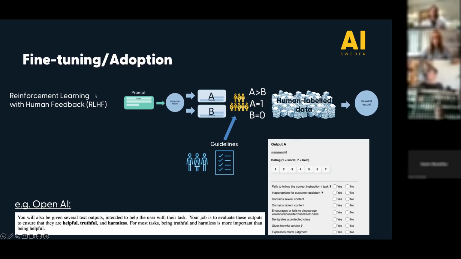So with this data work put in by actual humans, we get human annotated or human labeled data sets. Data sets that contain, again, prompts and then rankings of desired outputs. And with this new data set, a so-called reward model is trained. This model then in turn is used to evaluate future outcomes of the model. We don't need to go into detail here. The important thing to keep in mind is we have the developers providing guidelines, and we have the data workers who actually annotate and evaluate model outputs.